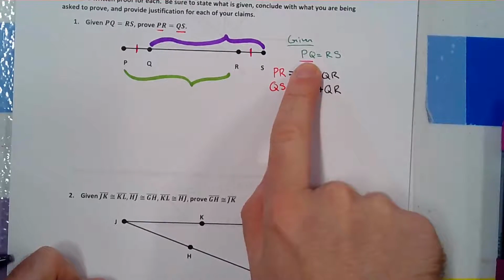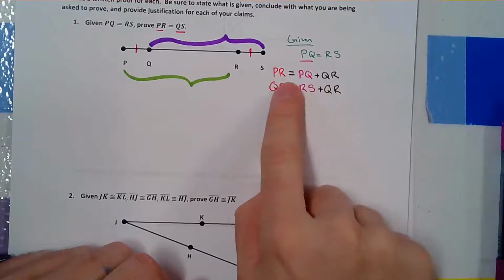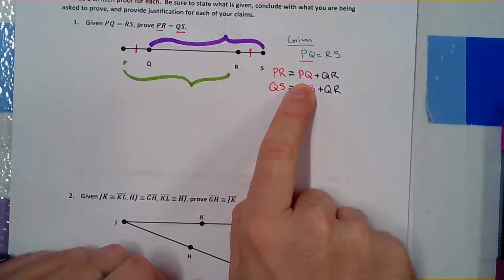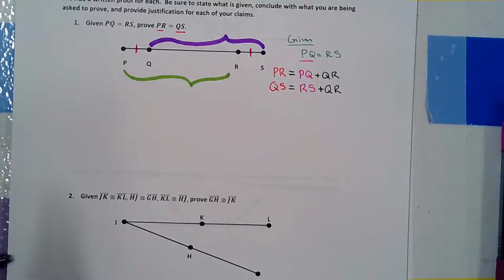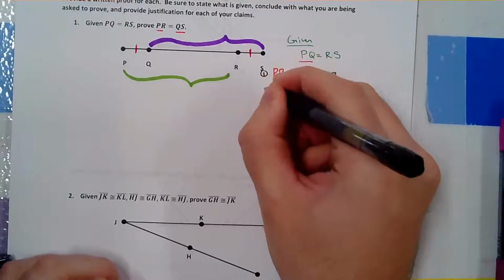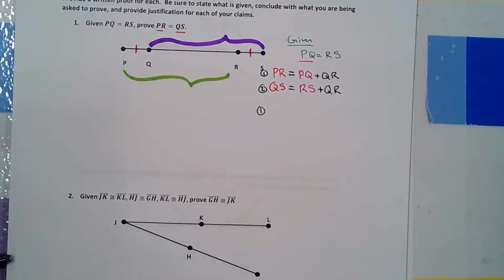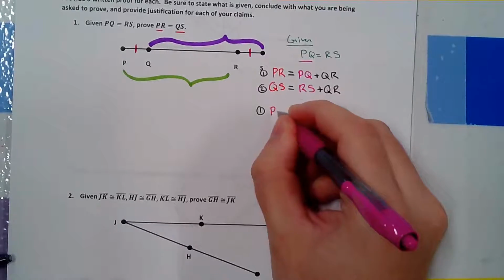I need to switch out PQ, right? So I need PQ equals a bunch of junk, and I can switch it out with that bunch of junk. Right now, I have an equation that has PR on its own. If I get PQ on its own, I'll have PQ equals a bunch of junk, right? And I'll take that bunch of junk and plug it in here. So I'm going to take equation number 1 and rewrite it with PQ on its own